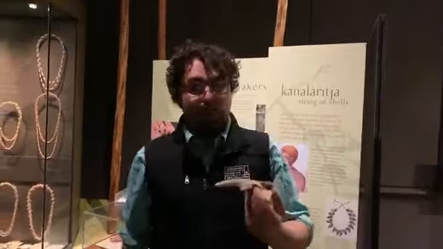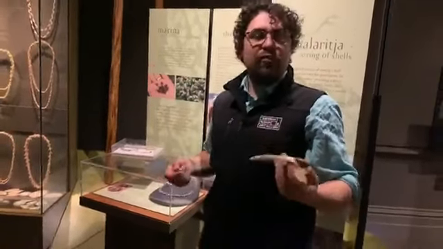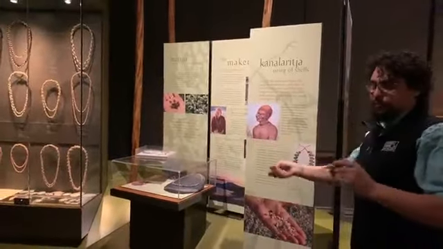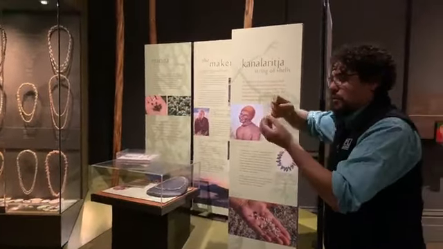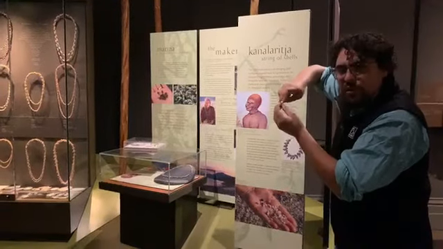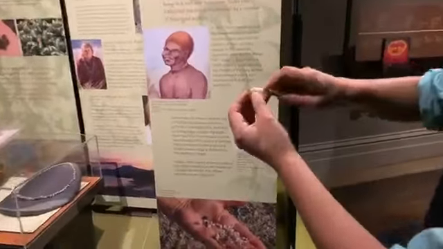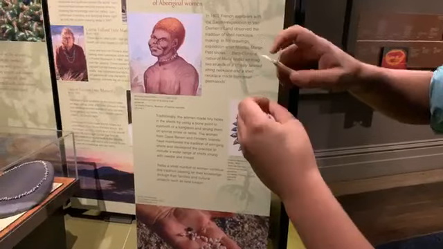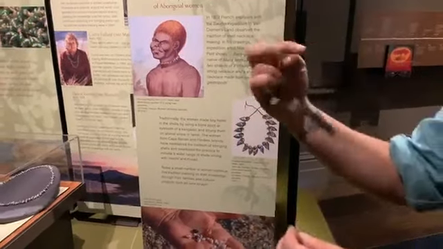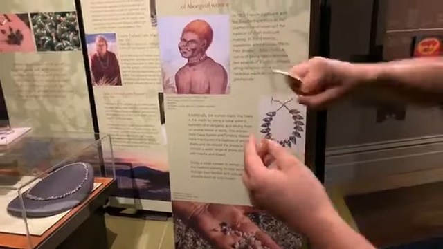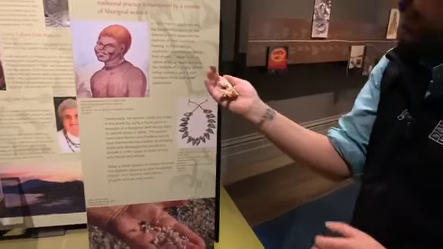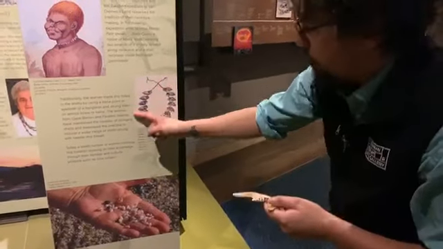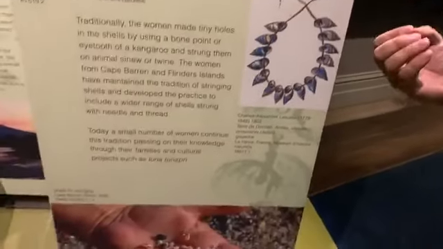And at some time, the old people, which is a more respectful term for traditional Tasmanian Aboriginal people, used this or figured out that this could be used to pierce the shells. So it's kind of trial and error. They must have figured out at one point that this is denser than this, and so they figured out that this is the perfect hole punch. When you hold it, it really is the perfect hole punch. Even to the point where the little shell sits in there perfectly. And this here will be strung on the sinew or the ligaments or tendons of a kangaroo or wallaby.